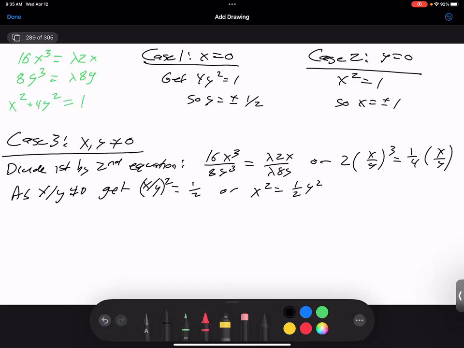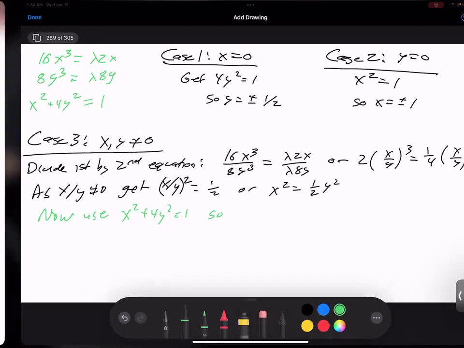So now we have to solve. How do we figure out what the solution is now? We know x squared equals 1/2 y squared. Do we have any other equations we can use? Yeah, now use x squared plus 4y squared equals 1. So we get, the question is, do you want to say x squared equals 1/2 y squared, or do you want to say y squared equals 2x squared? Okay, so then we would get 1/2 y squared